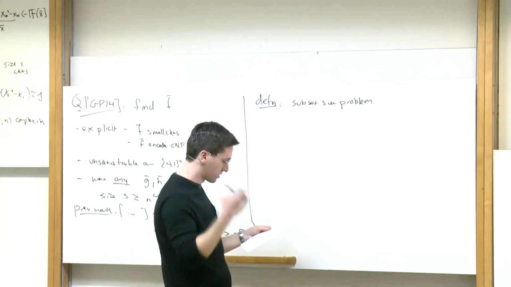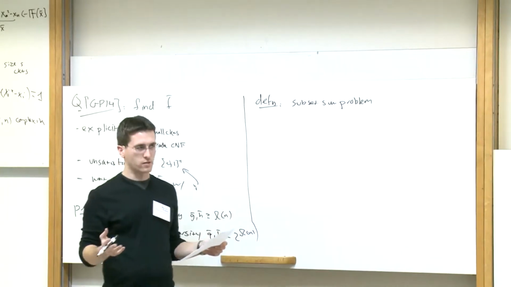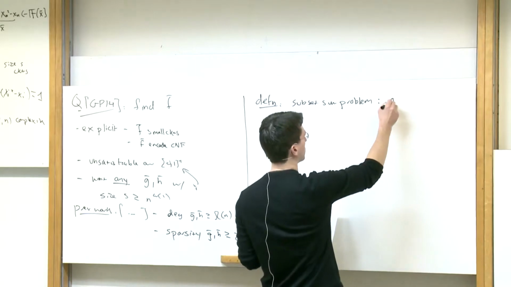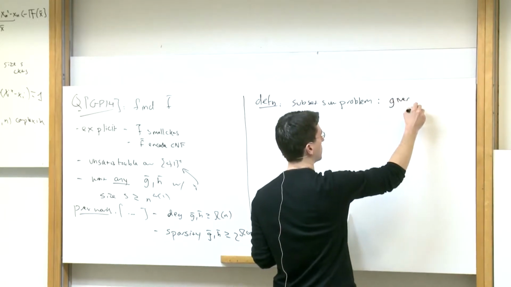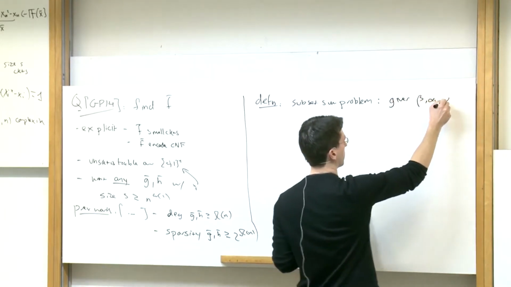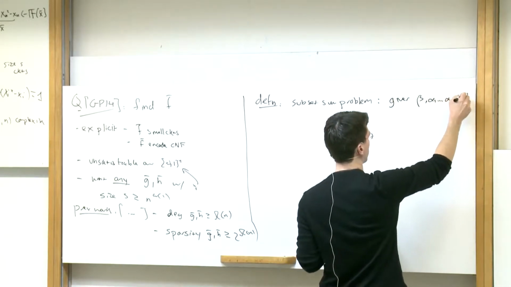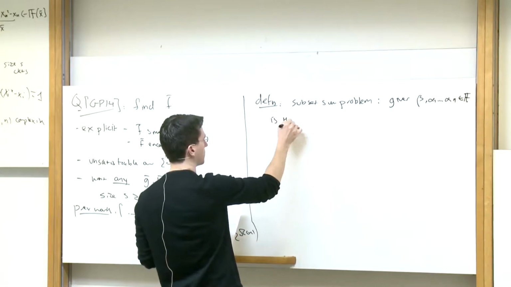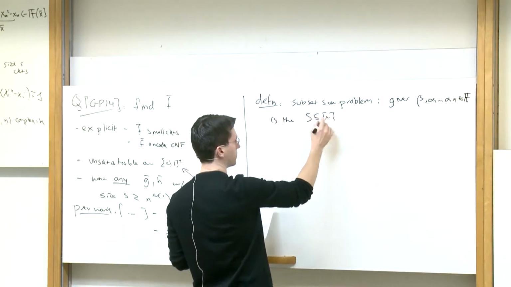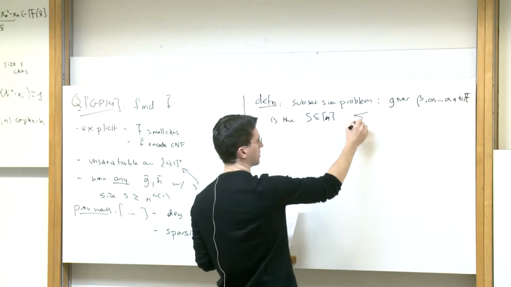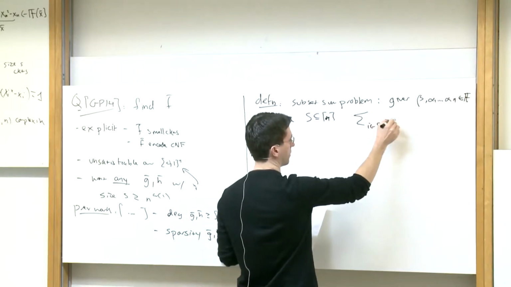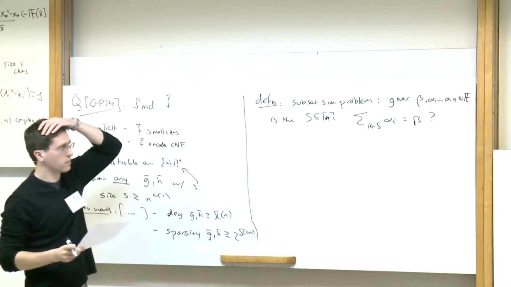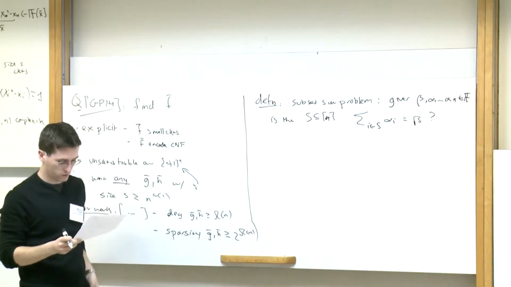Okay. So what is the subset sum problem? It's basically, is there a subset that sums to a target, right? You're given beta and alpha 1 up to alpha n, and these are going to be in your field. And you want to know, is there an S, which is a subset of [n], such that the summation over i in S of alpha i is equal to beta? This is NP-hard and NP-complete over the integers and so on,